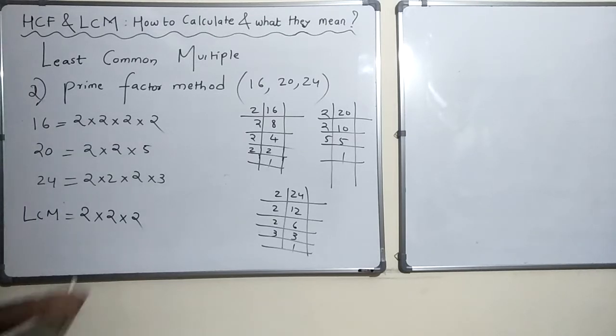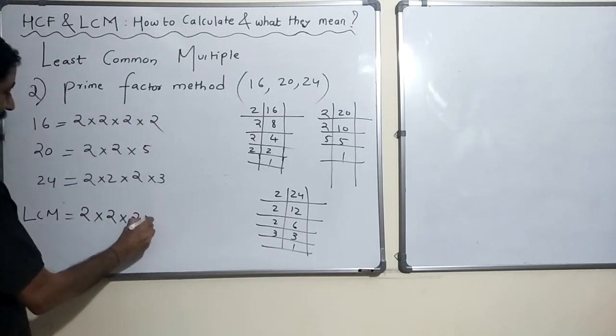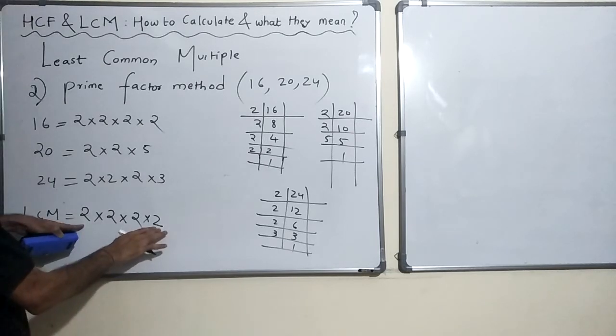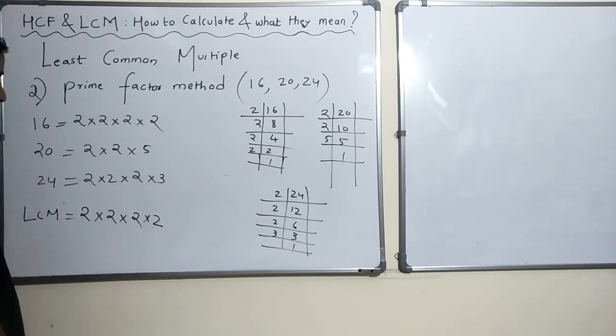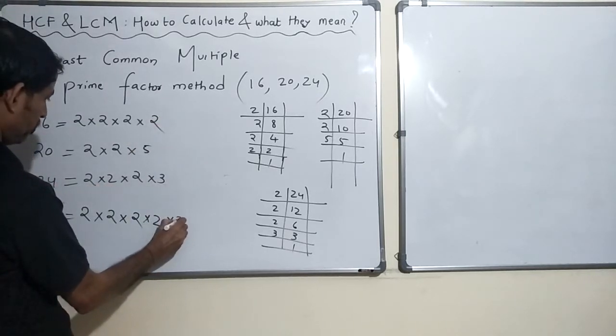I'm sorry, I think I made a mistake. So here we have 2 four times. So in that case, this is where I would consider 2 four times, correct? Now let's look at 3. 3 I have 1 time here, none and none. So I'll take 1 time.